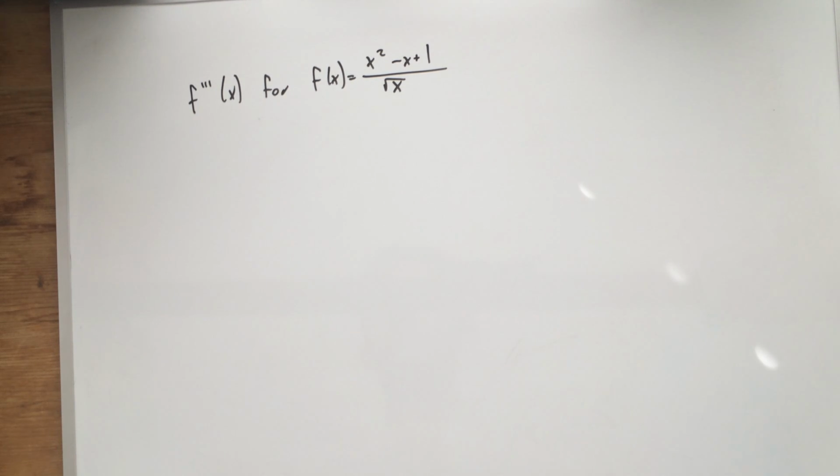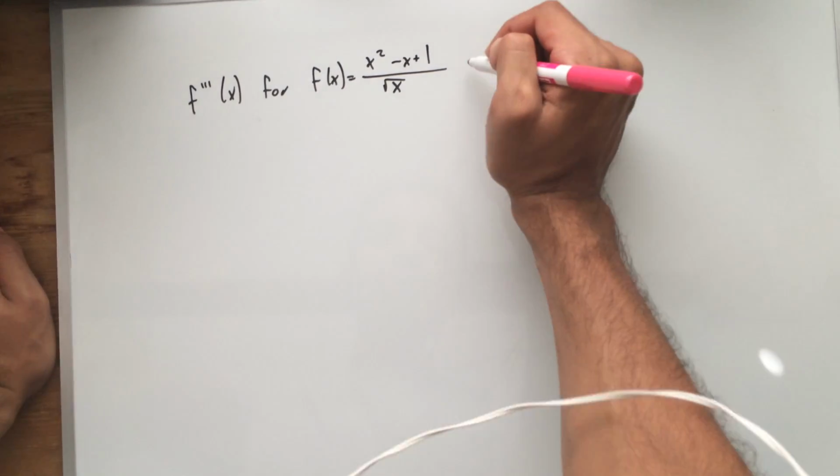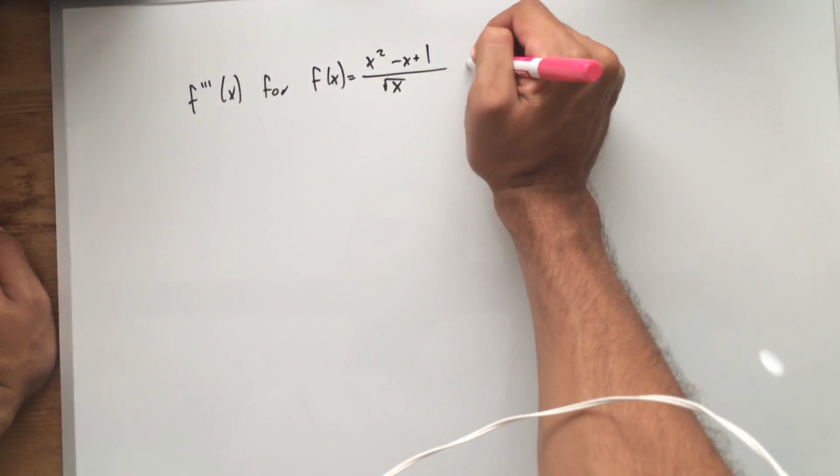For this problem, we want to find the third derivative, or f triple prime of x, for the function f of x equals x squared minus x plus 1, all divided by the square root of x. So here you have to simplify the function. So we want to use